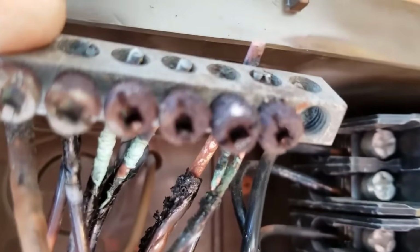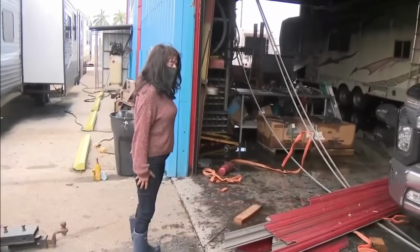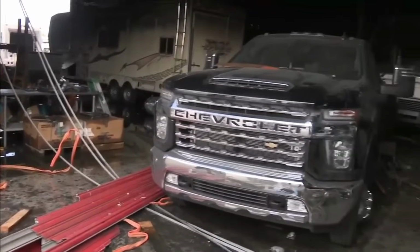or faulty wiring systems. He is shaken up and devastated after seeing the damage left behind due to an electrical